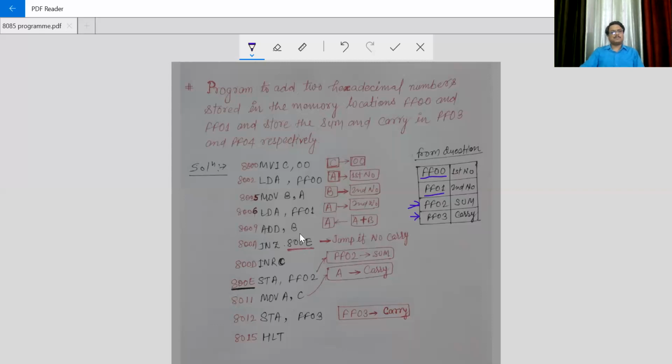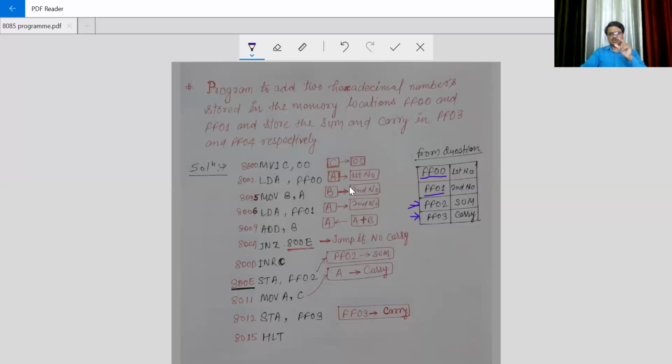So see what will be the algorithm for this. I have told you that by using the LDA instruction you take the data from the memory, and using the STA instruction you store the data of the accumulator into the given memory.